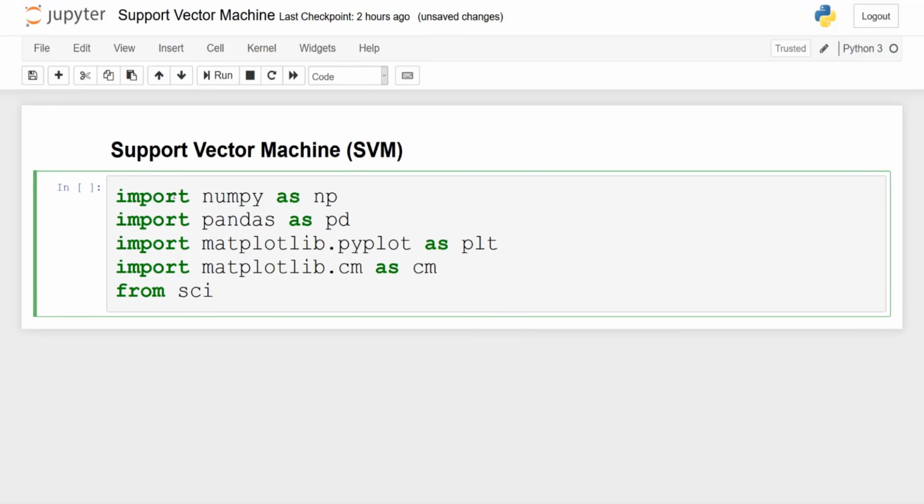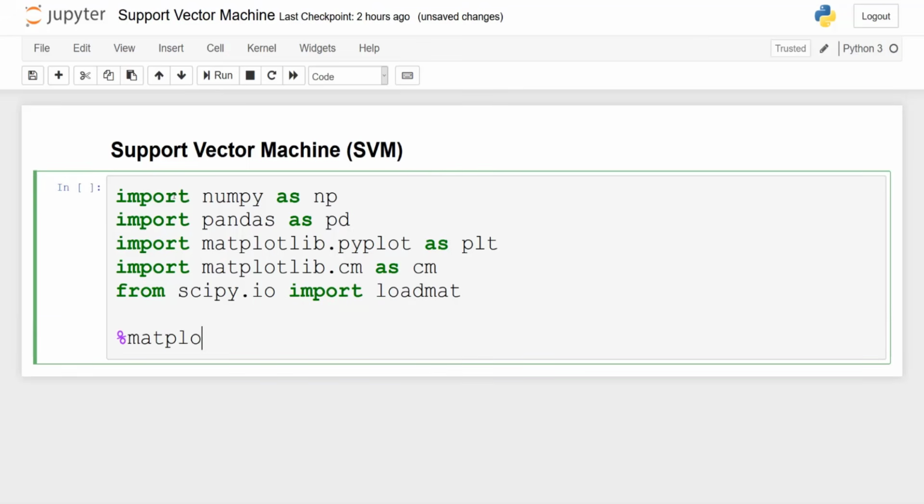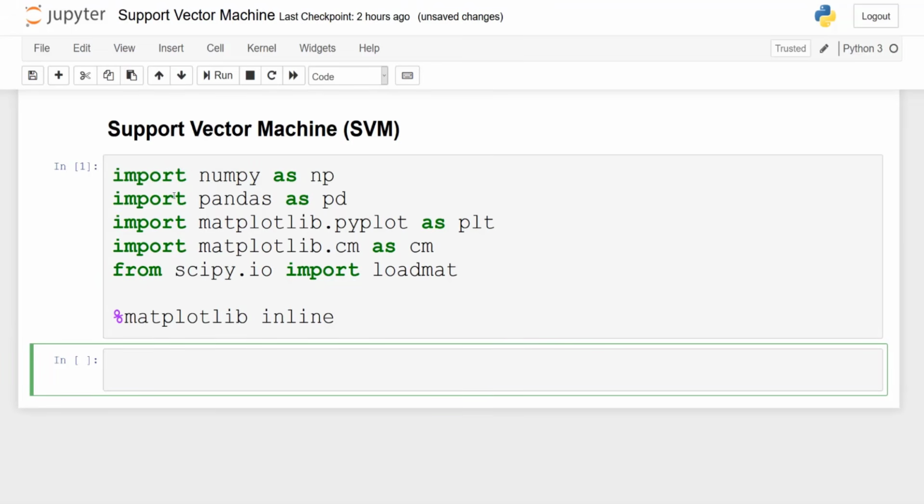So we import numpy, pandas, matplotlib.pyplot, also matplotlib.cm, and from scipy.io we'll import loadmat, and finally matplotlib inline to show our beautiful graphs. Now I will simply define the path to all my data sets.